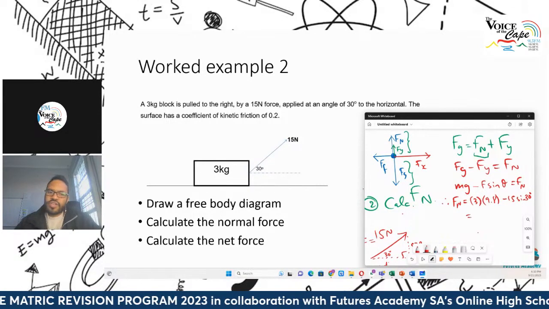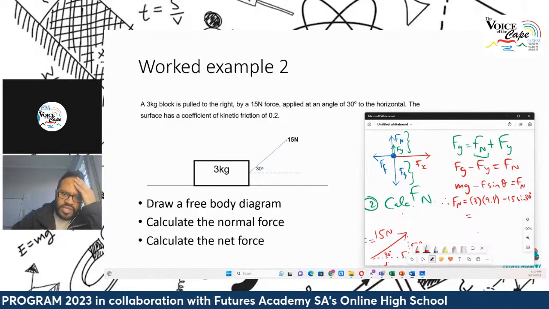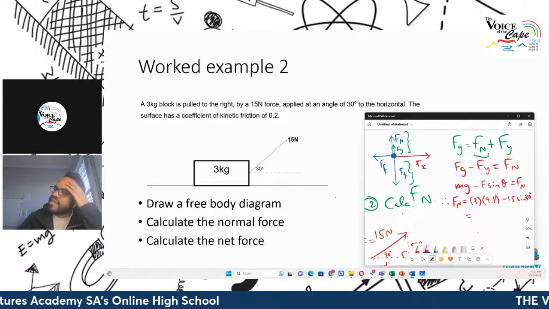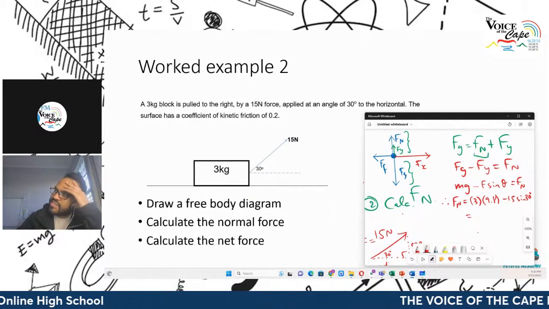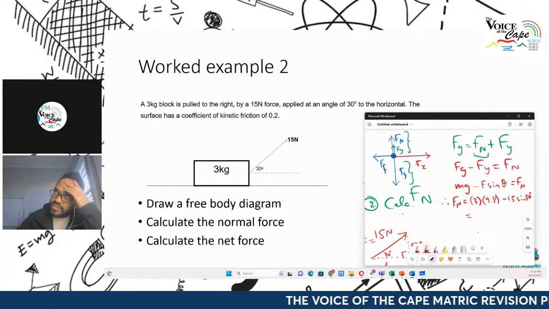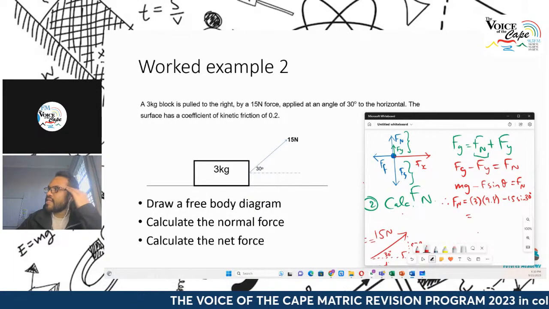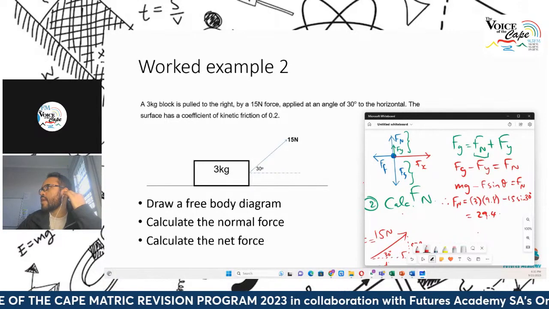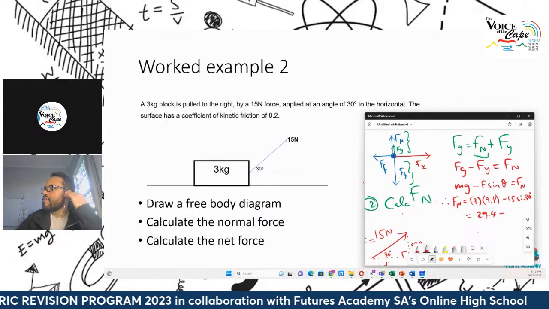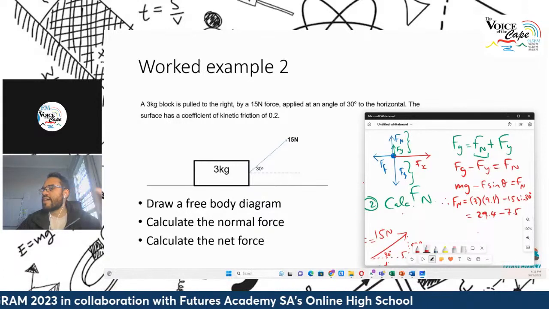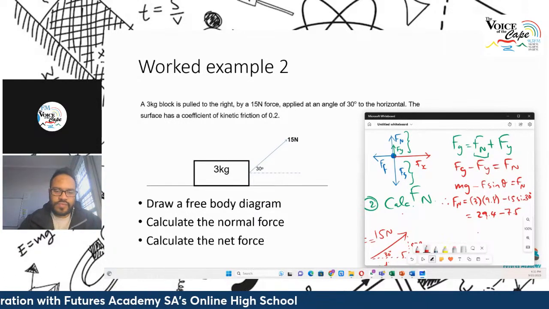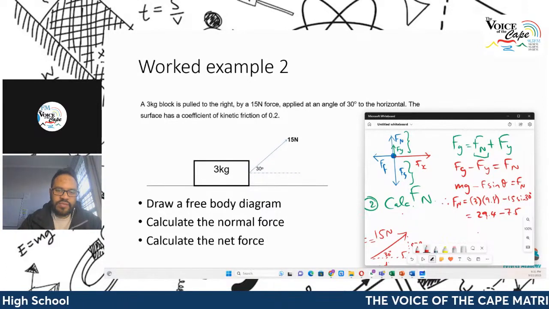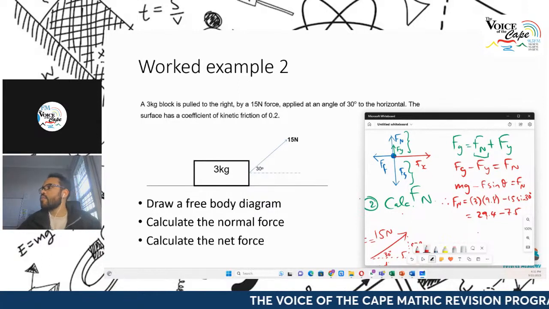And that you can work out. 3 times 9.8 is going to be 30 minus 0.6, so 29.4. 29.4 minus sine of 30, which is a half, times 15, which is 7.5. So 29.4 minus 7.5 should give us 21.9